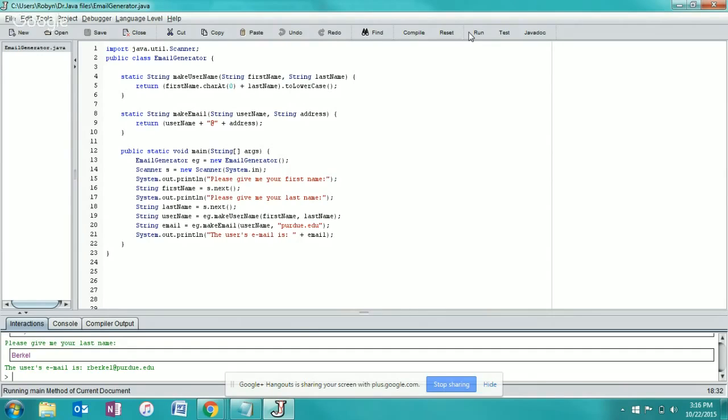Oh, and we just wanted to talk about really quickly how, since we made the method static, the reason why we actually don't have to have this line right here is that when a method or a class is static, we don't have to make an object to use its methods. If you've ever used the class Math, Math is a static class. The Math class is static, so you can just type in